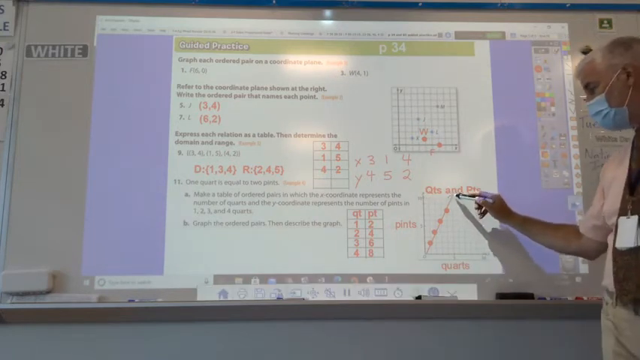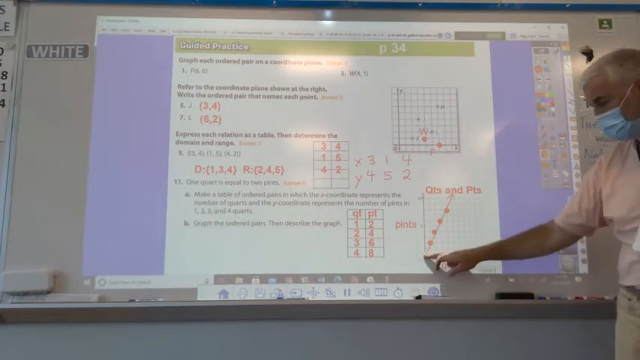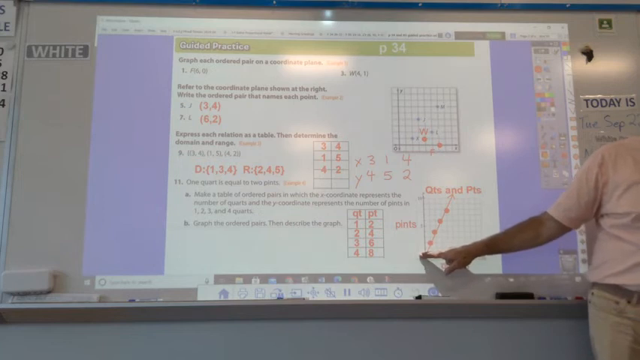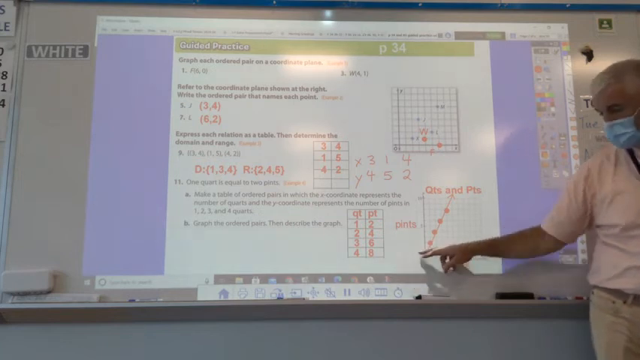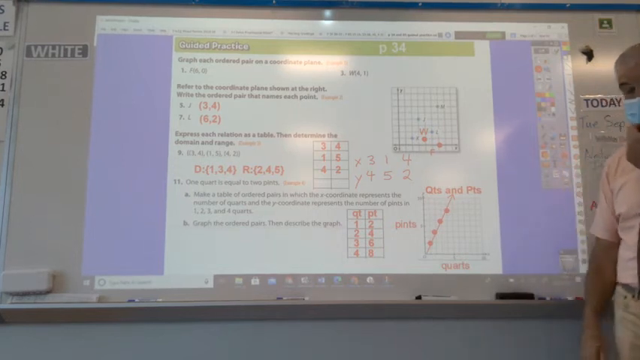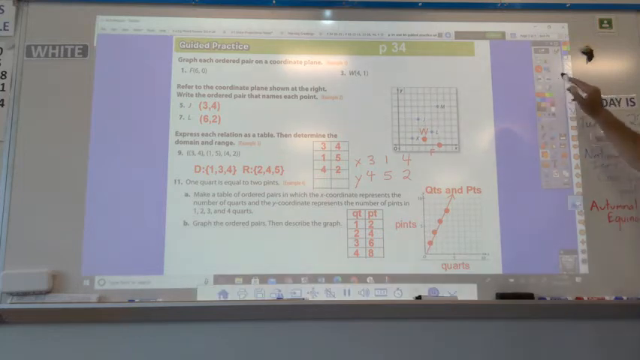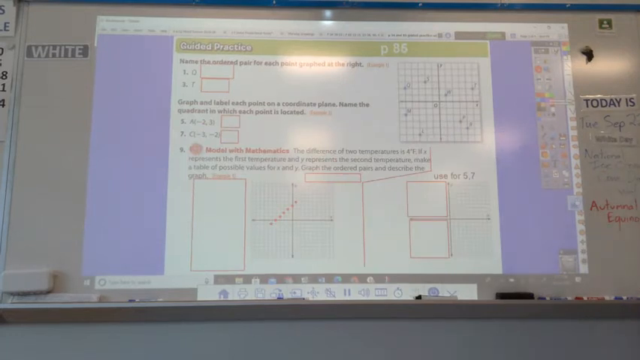And you should also, because it keeps going, put an arrow at the end. Do I put an arrow at this end? No, because there's no such thing as negative quarts and pints. Doesn't make any sense. Okay, so that's the real world graph example. Questions? Okay. All right, then we go to just graphing